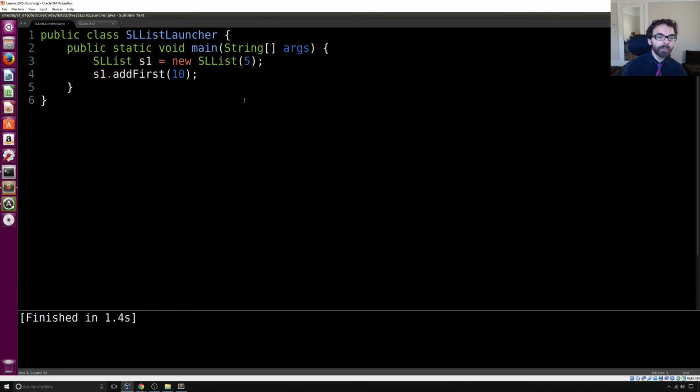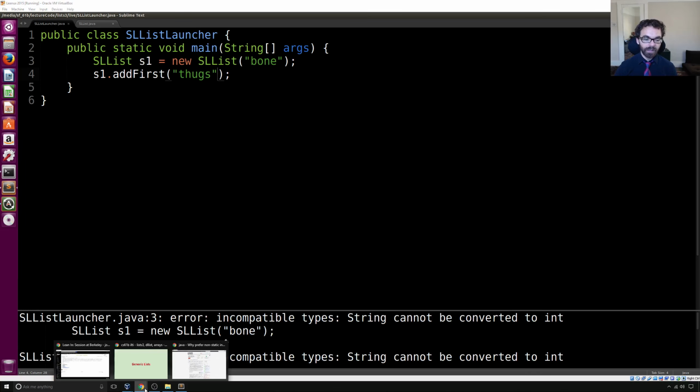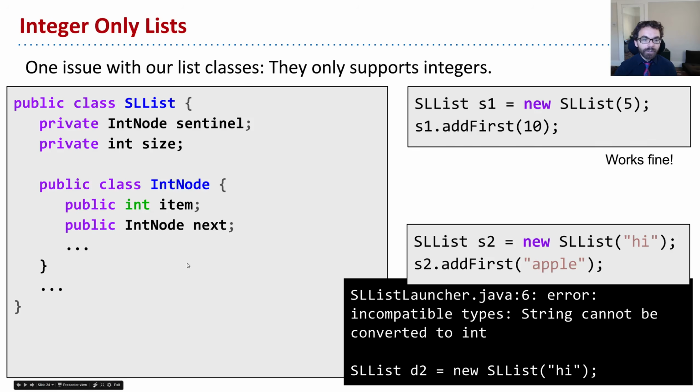But suppose we wanted to create not a list of integers, but a list of, say, strings. So I might try and start off with bone, then add thugs. And if I try running this, well, then I run into an issue. String cannot be converted to int. And so the fundamental issue we run into is that an SLList has int nodes, and int nodes have int